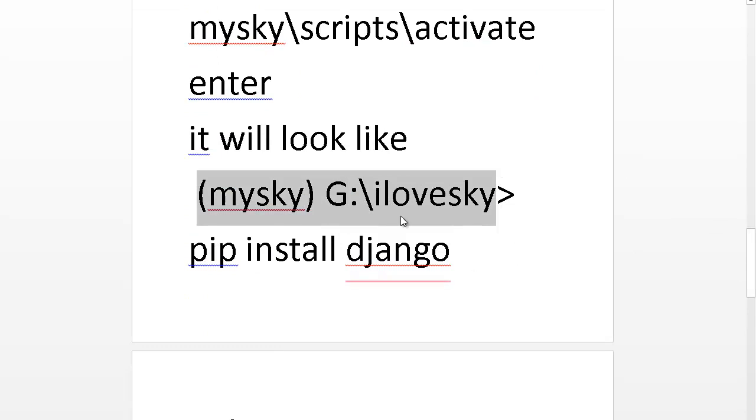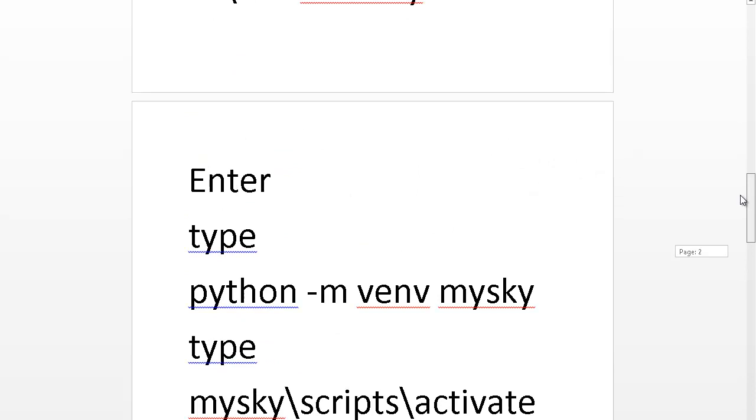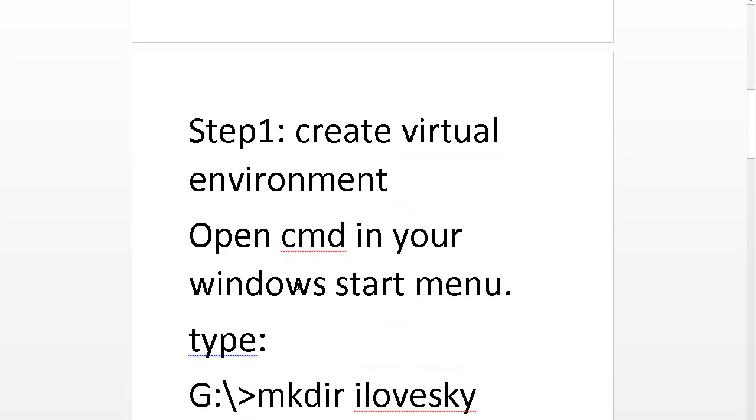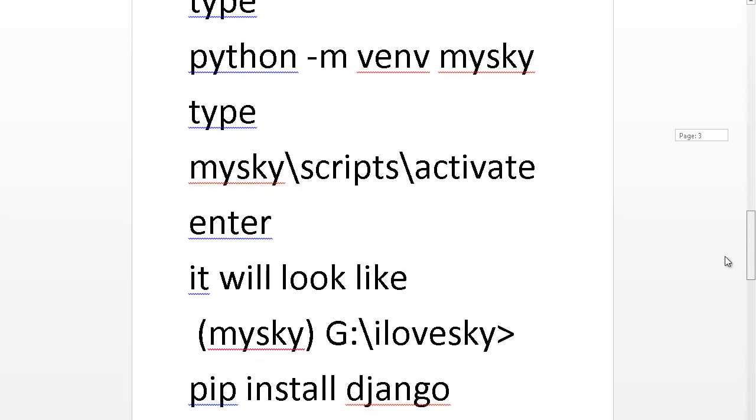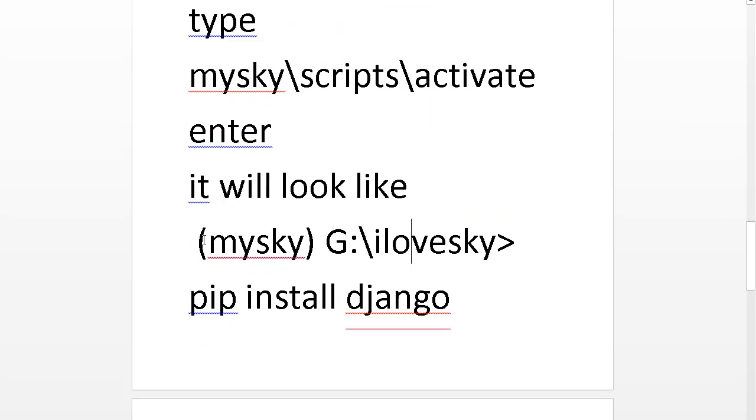So finally you have successfully created a virtual environment in that directory, which is called my sky. Notice this is the folder directory we created earlier. This one is the folder you created, but when it looks like this, the parenthesis my sky is your virtual environment,